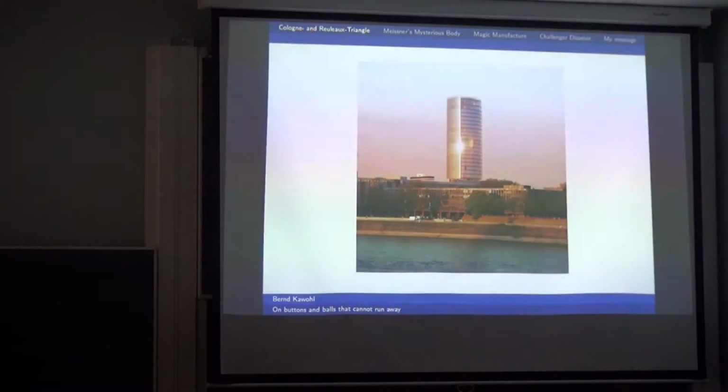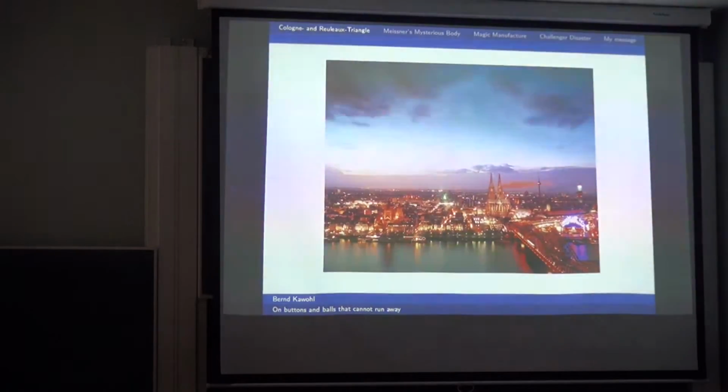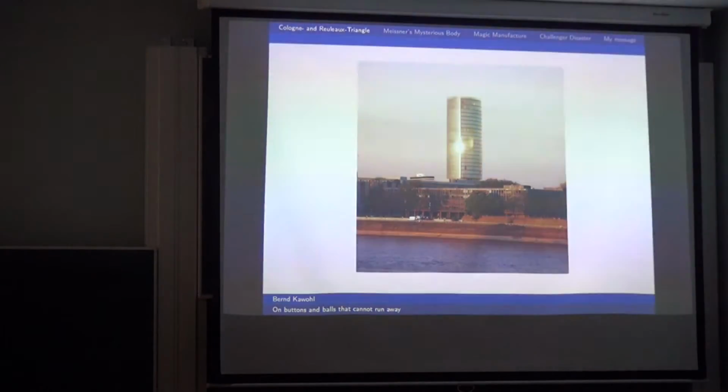And they were wondering if maybe by turning this building, rotating it a little bit, it is easier. You see more of the cathedral. But in fact, this tower has a cross-section which is a set of constant width. And when you go up on the tower, you can take an elevator up, and